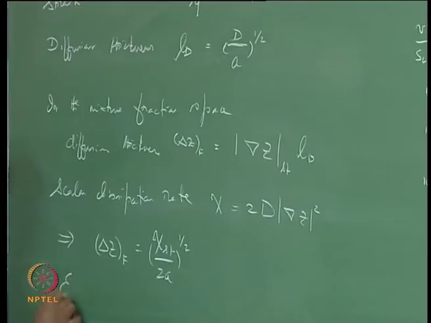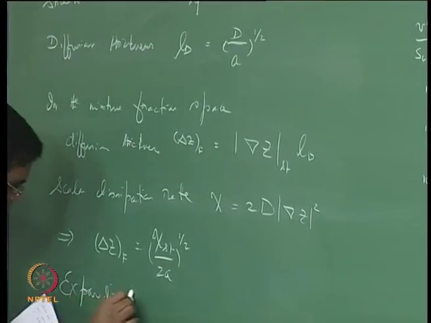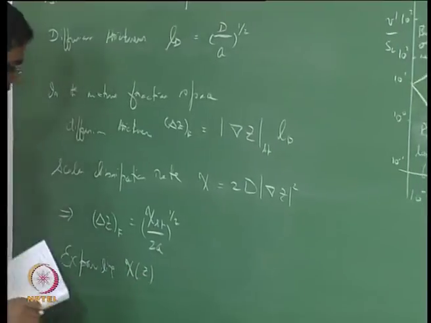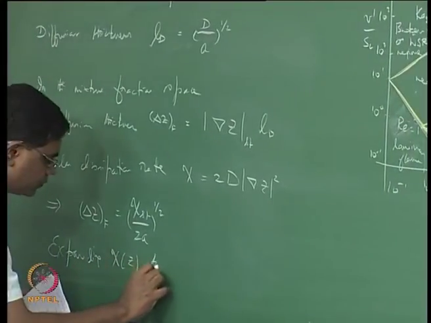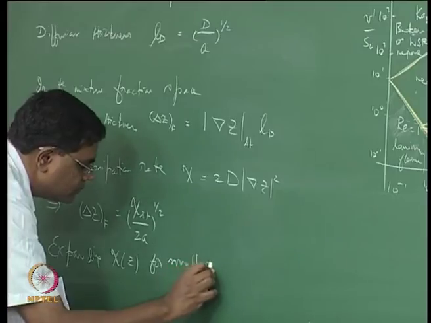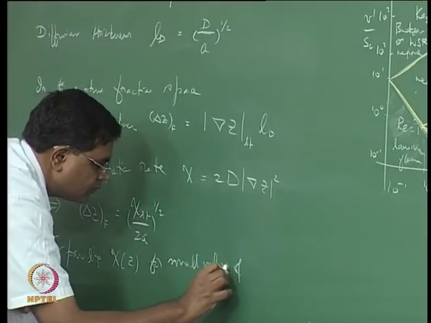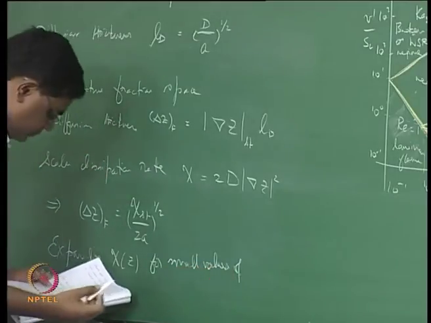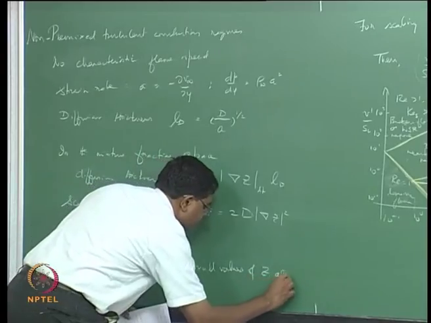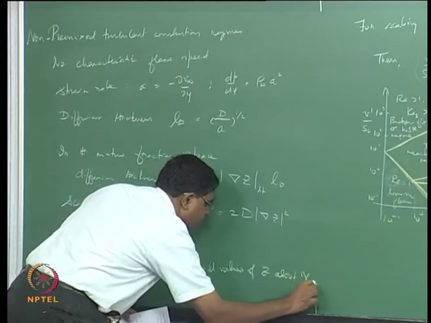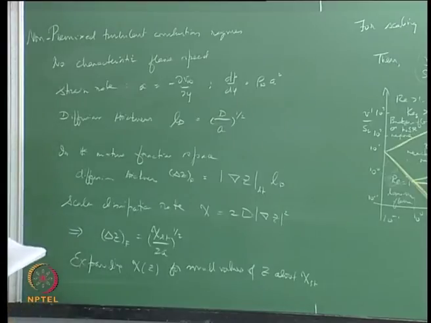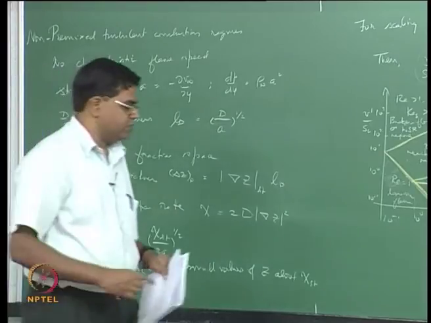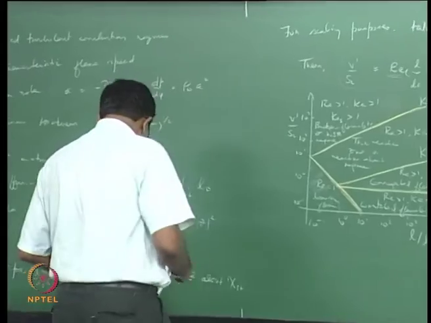So expanding χ of Z for small values of Z about χ_st, and when you say small values of Z, that means we are approximating,